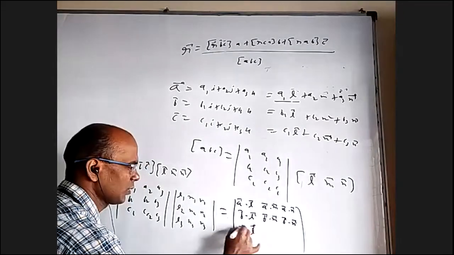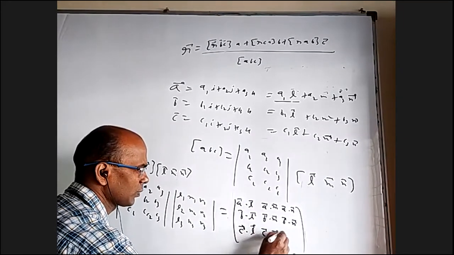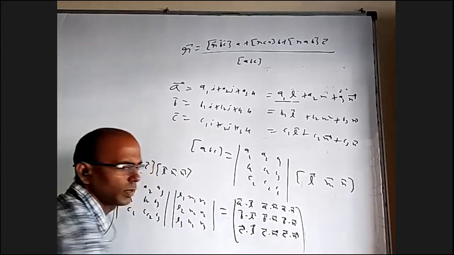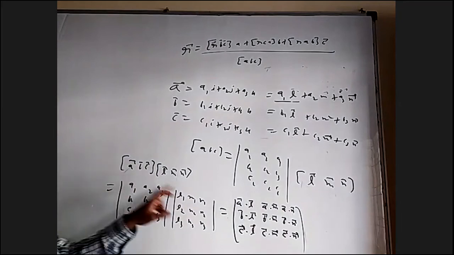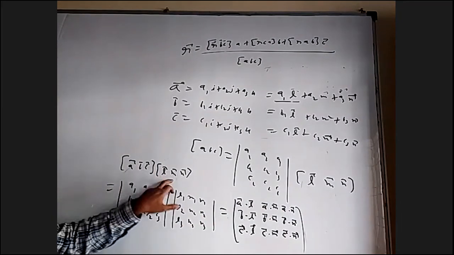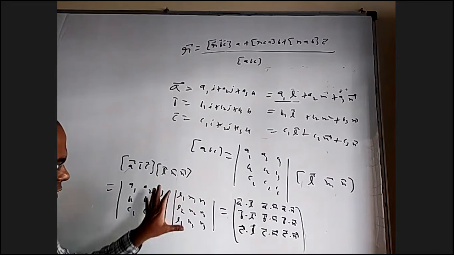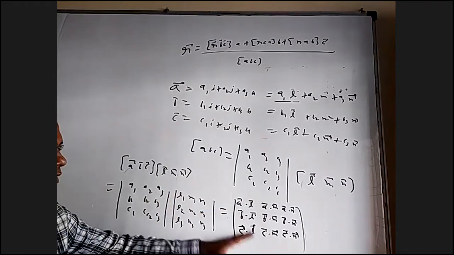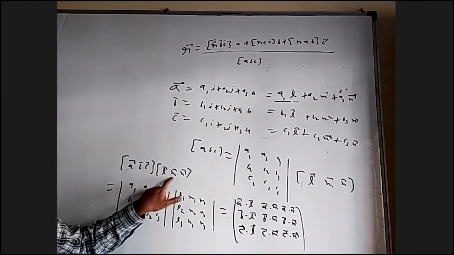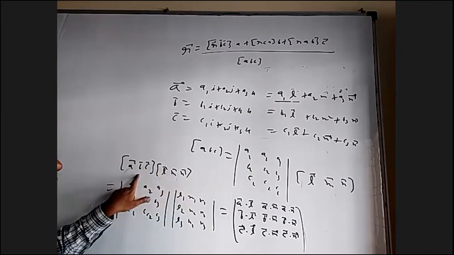C bar dot L bar, C bar dot M bar, and C bar dot N bar. Okay, so this is a very important formula. Box ABC into box LMN, you can write like dot product. You don't have to write this step just to prove, but this is the answer. What if this is also box ABC? Then box ABC into box